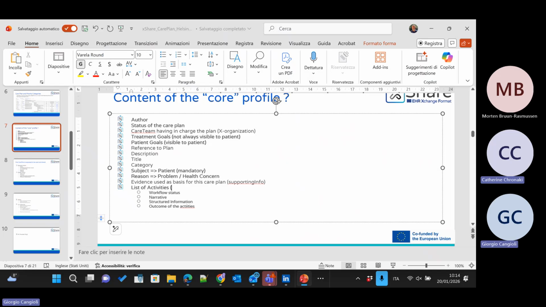The patient and the inclusion criteria, for example diabetes, young, you need to have it. But if you don't have any other data, of course, if you have the patient, you also have the gender and the age. So the subject and the reason are mandatory. If the reason is the inclusion criteria, it says health concern.